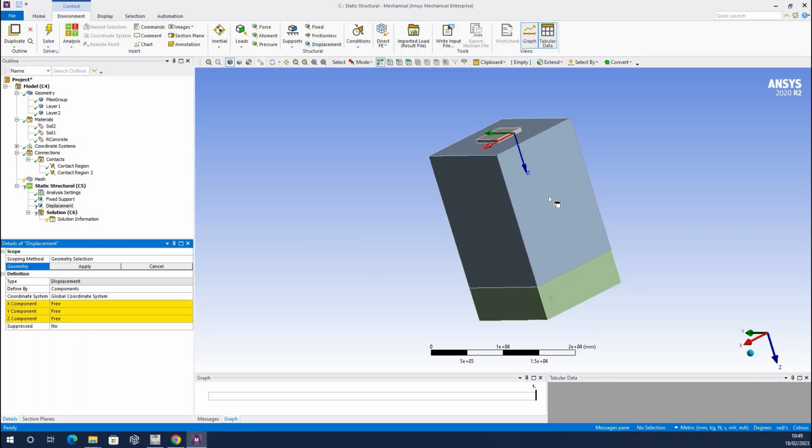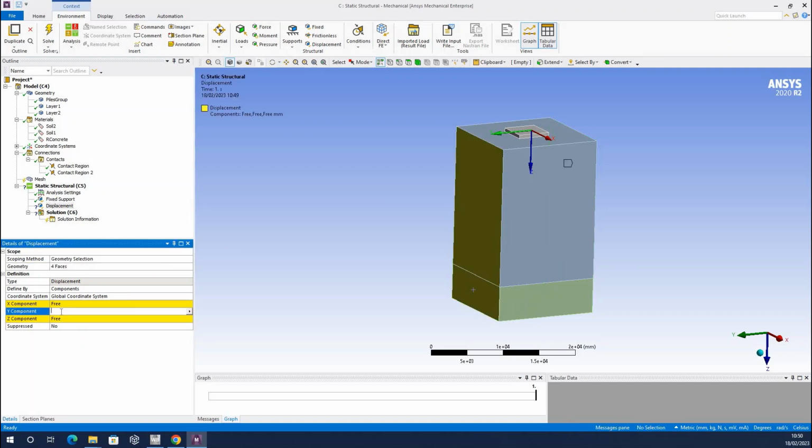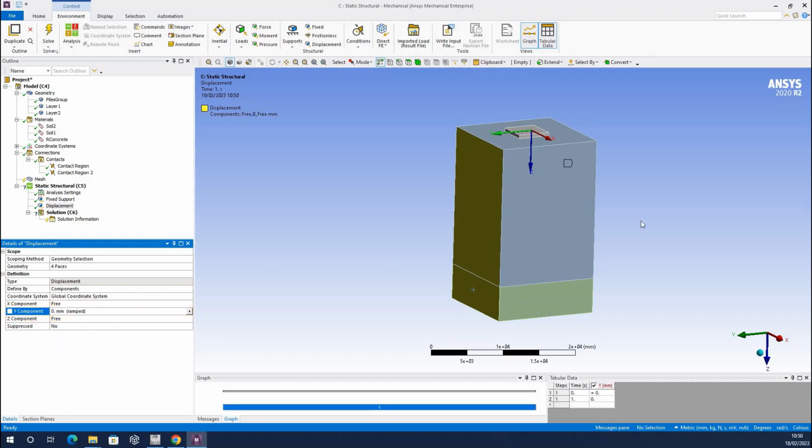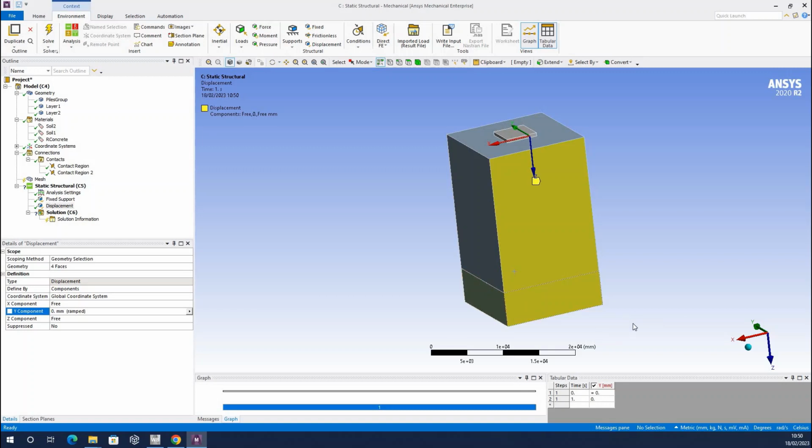I will then click in this face, and with the control in my keyboard, I will select multiple faces. So all these four faces will have restrictions in terms of the displacement in the y direction that will be equal to 0. And I will do a similar thing to the other faces perpendicular to the x direction. I will say that the displacement in this direction is equal to 0, because this is a sensible thing to do